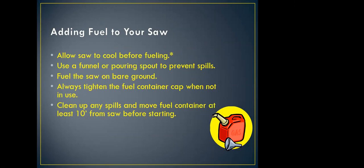So basically, hopefully you'll take a few minutes, rest for a minute, get a drink of water or something, and then go back and fuel it up before you start using it again. Give your arms a little bit of a rest, give it time to cool off a little bit, use a funnel to prevent spills,